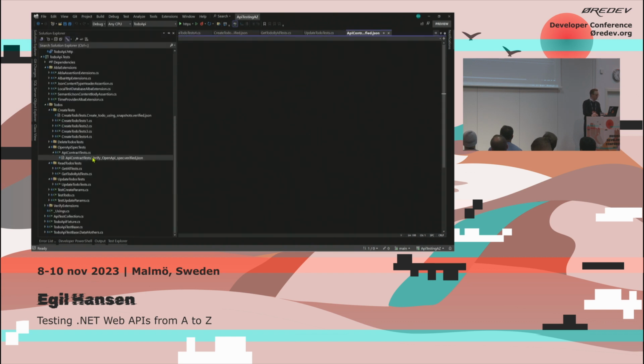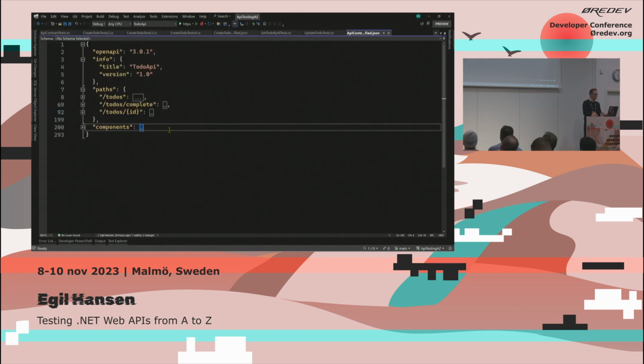So you can see, well, I can actually, let me just show it. So you can see this is the snapshot that was captured previously on a previous run. And here, I've collapsed some other things, but basically you can see we have the OpenAPI specification document. And just to show what the value is of the snapshot testing combined with the semantic compare, if we, for example, tag move,